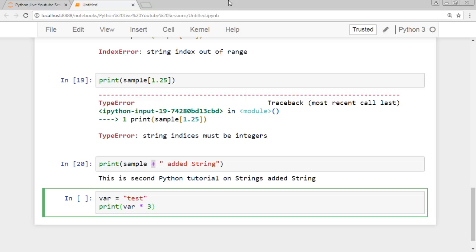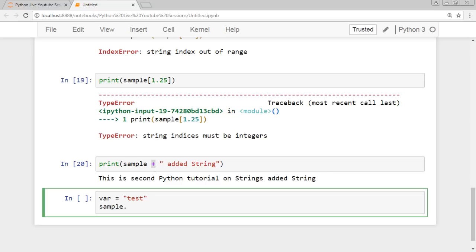Puneet has asked, if I want to find the place of P in my string, how can I do it? Okay, meanwhile I get the answer for that, let me quickly show you how you get the position of P. So to get the position of P, there is a very simple